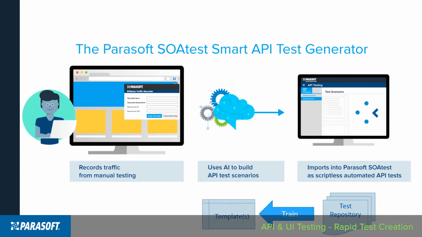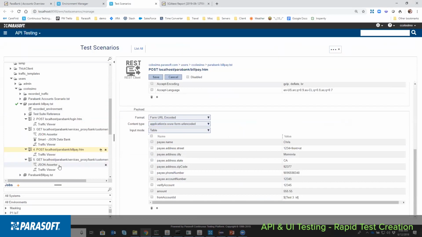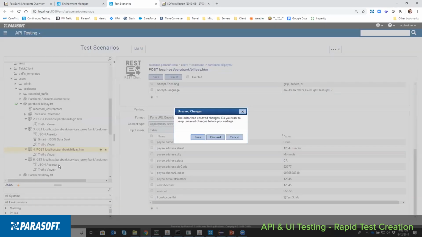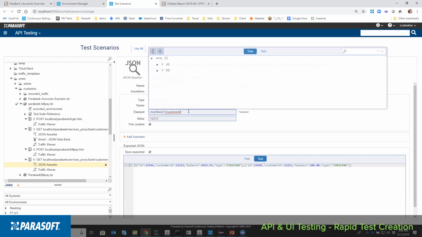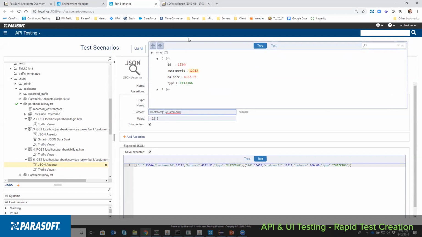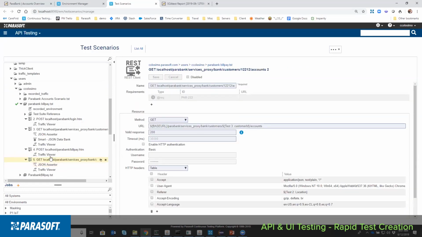I can train the underlying AI what the new rules are, and with my API tests, such as adding different assertions, different authentication, and so on. As new tests are created, those rules are picked up and automatically associated with new recordings. Now, a great example of this is actually right here in this test. The assertion did not come from the recording that I just made. This was a previously created assertion where I'm validating the customer ID. In this particular case, since it was stored in the brain, when it saw this particular API, it said, you need that, and automatically added it to my API test.